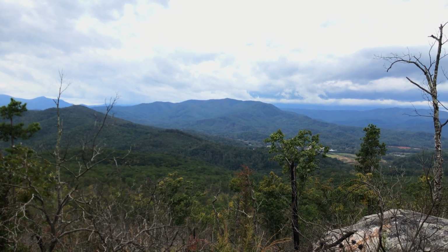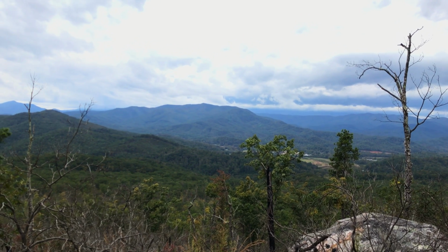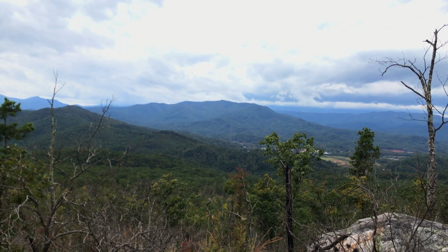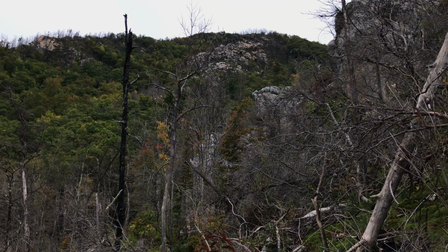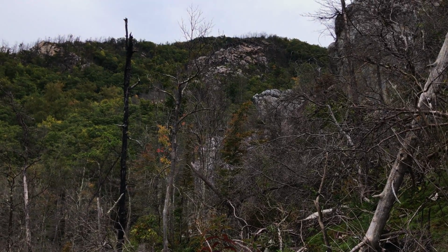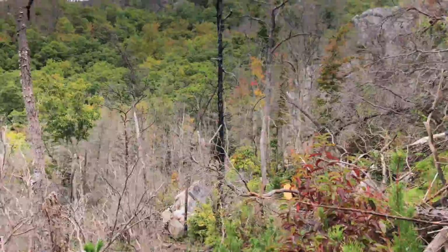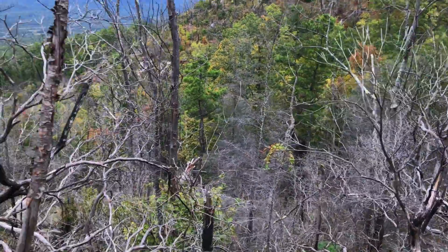Today's Tuesday, and then Wednesday, Thursday looks like the forecast should hold for some clear views of the gorge, which I should be in on Wednesday, crossing the river on Wednesday. Well, I've never hiked this section, but it's pretty cool. There's a rocky section here. It reminds me of being in the gorge itself, and the trail's following kind of where this fire used to be, so